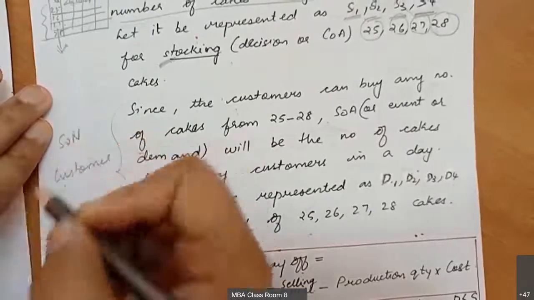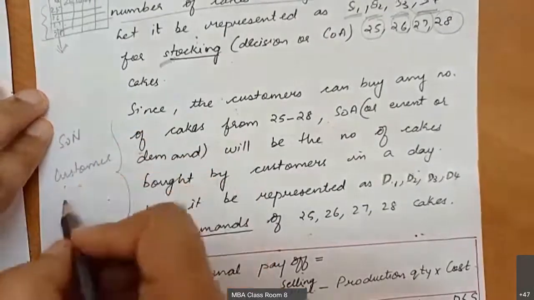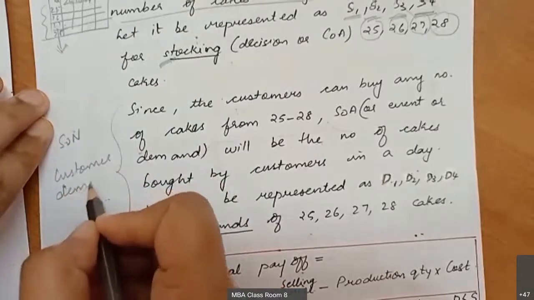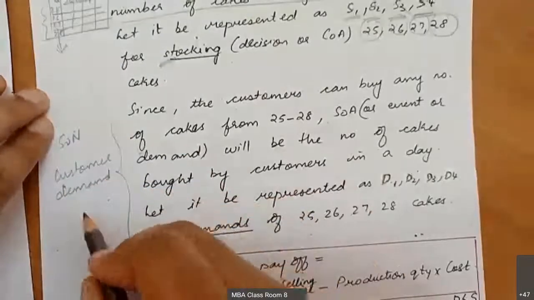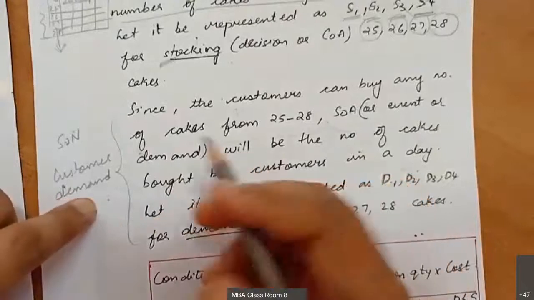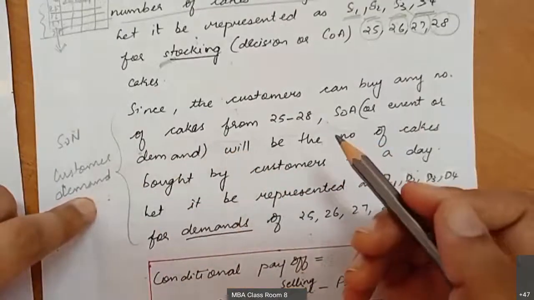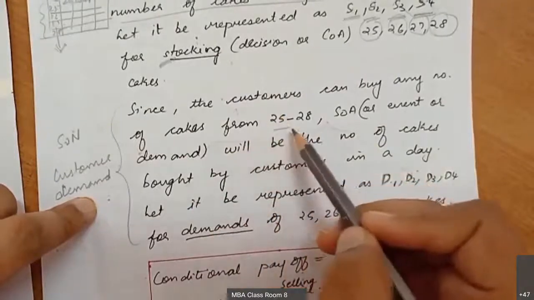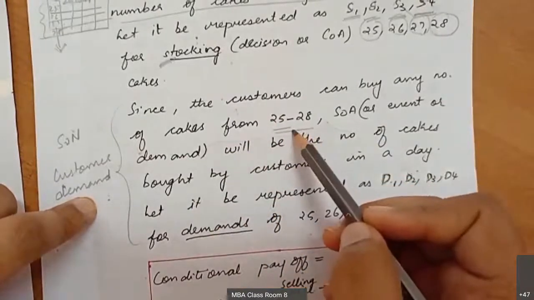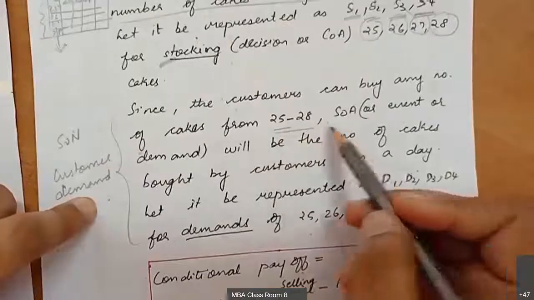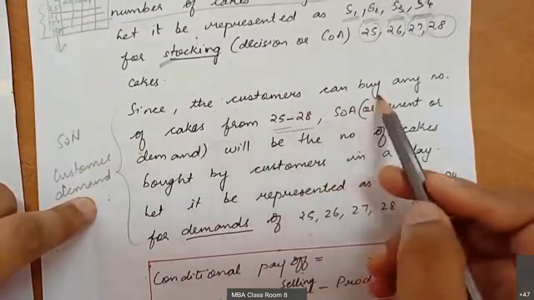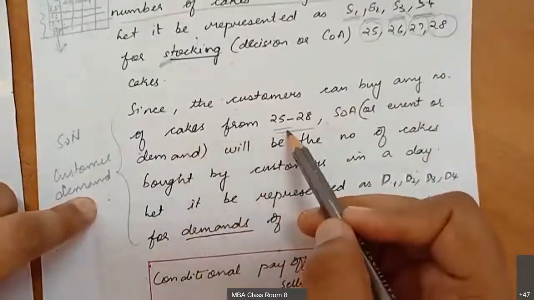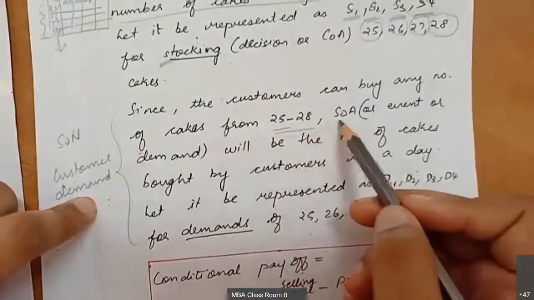SON, otherwise called states of nature. This is actually the customer's demands. Customers can demand as they like. Sometimes they can demand 26 cakes, 25 cakes, or 27, 28, or whatever it is. Since the customers can buy any number of cakes from 25 to 28,